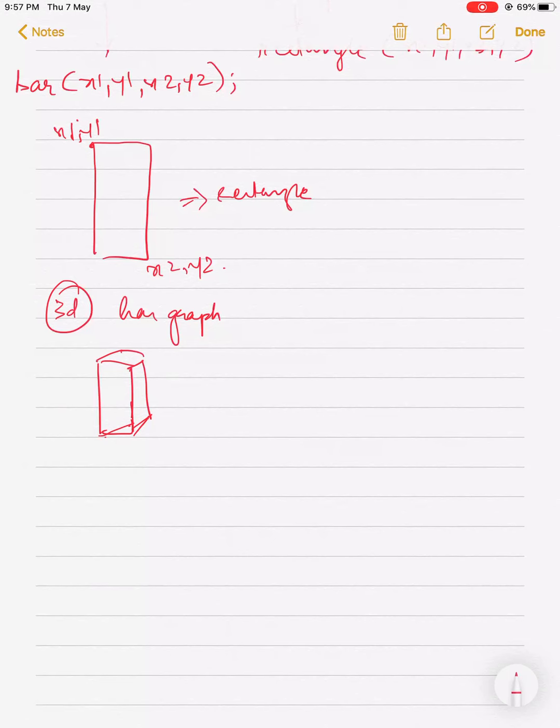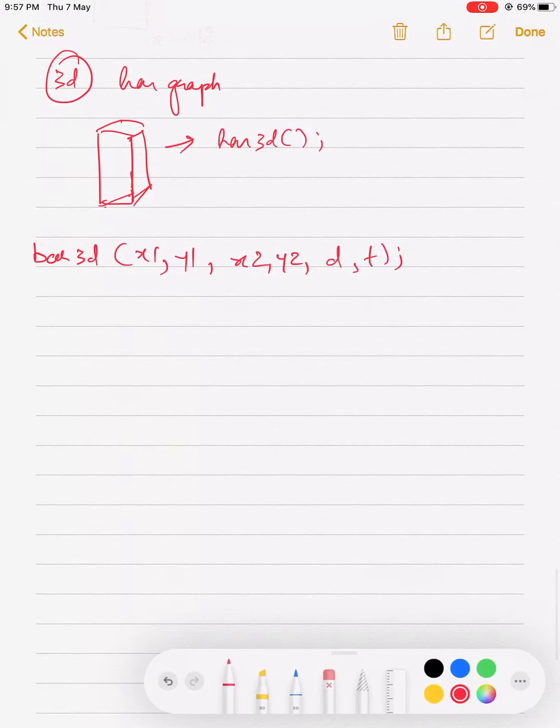This kind of bar graph you can see with the help of the bar3d function. Now how to use this particular function? The syntax for bar3d is bar3d x1 comma y1, then x2 comma y2, then d and t. Now we'll see each and every thing in detail.